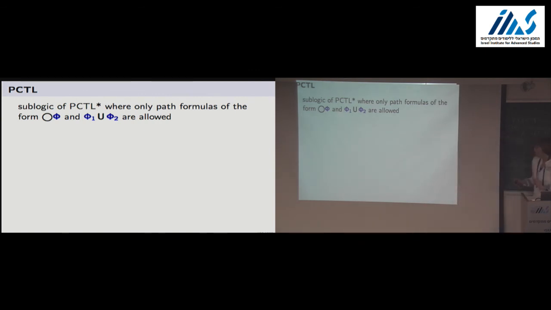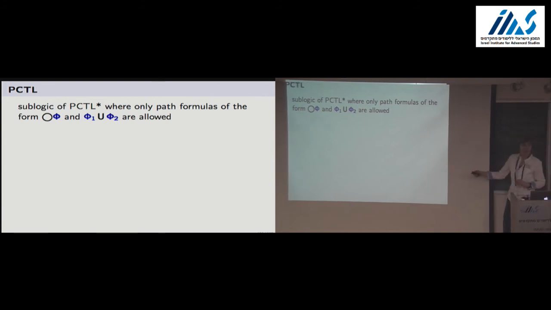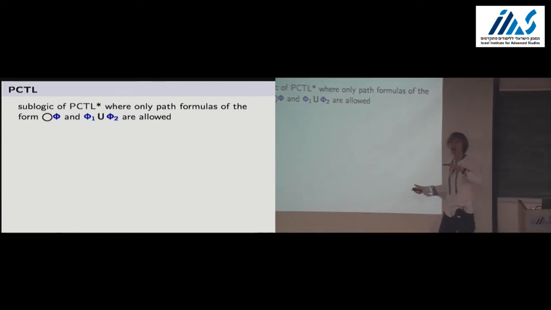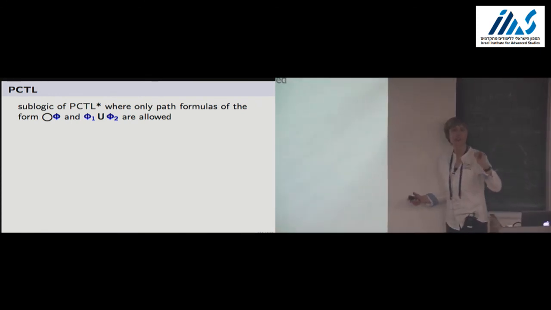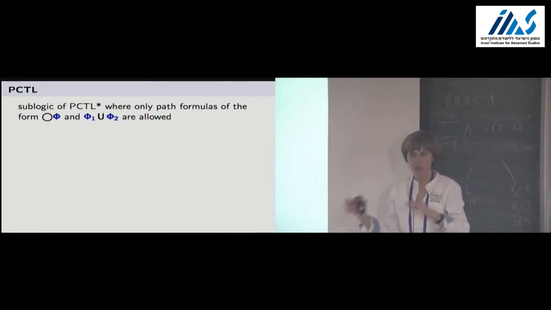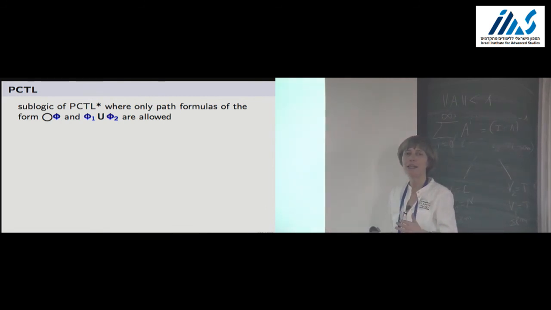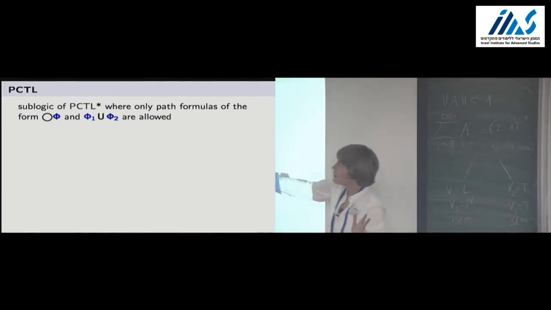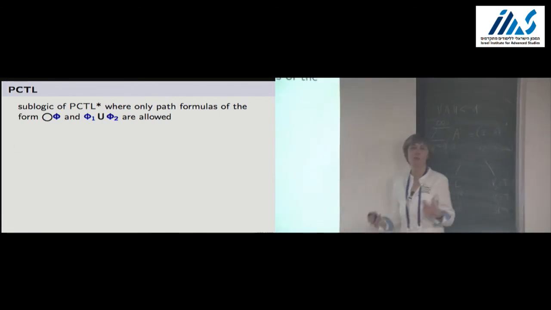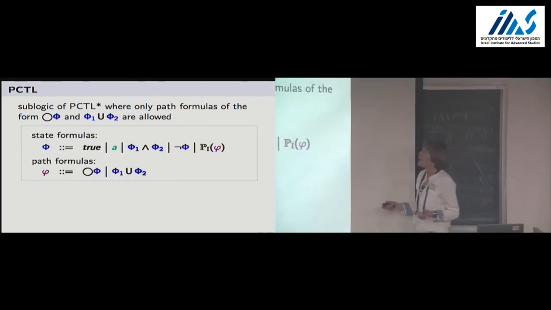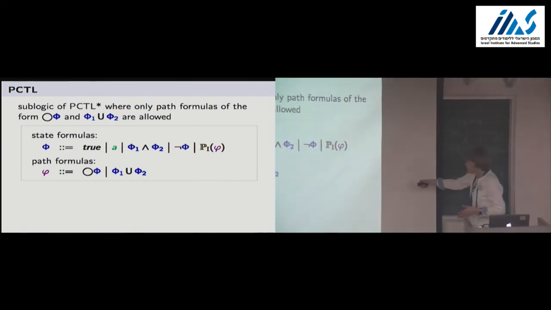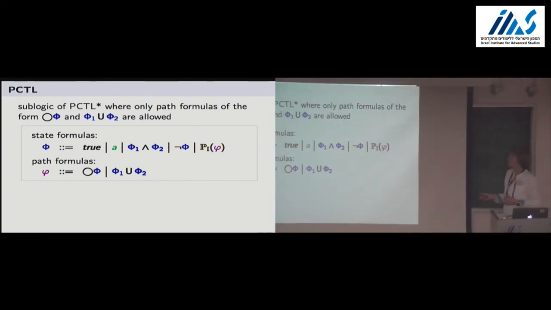just reachability, and let's look now at one fragment that we have almost finished: PCTL without the star. This means the sublogic of the full logic PCTL star, where on the path formula level we impose the following restrictions. We do not allow for Boolean combinations anymore, and we require that for all the temporal modalities, next and until, their arguments must be state formulas. So let's say this would be the grammar, you can write it in that form.